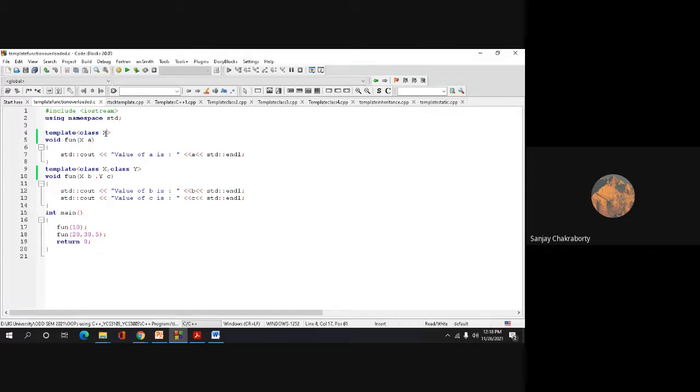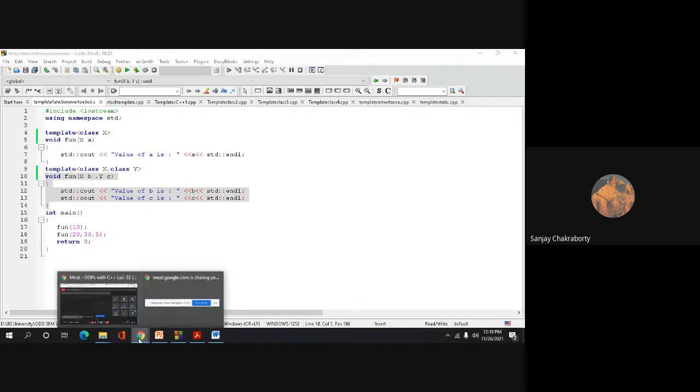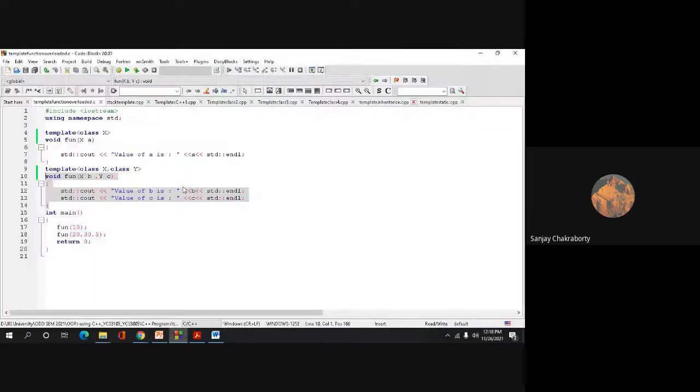So here I have created a template. Class X. X is a template parameter for this particular template, right? And here I have defined one function with a single parameter. Look, this is an example of a function with a single parameter, and this is an example of a function with more than two parameters, or multiple parameters. Now, the void fun is a function which has a single parameter a, and x is a class type, right? So std::cout. This std:: part is optional. I have already told you in the first class of C++, if you remember.